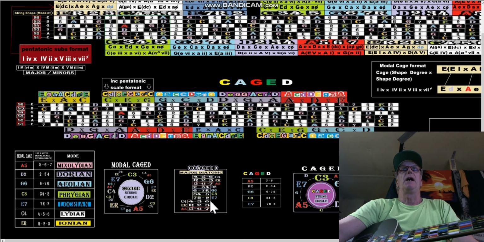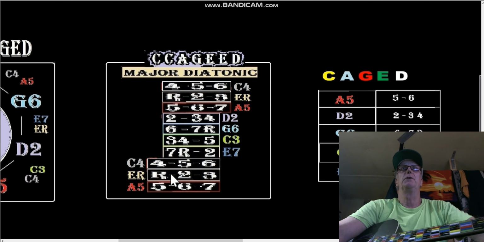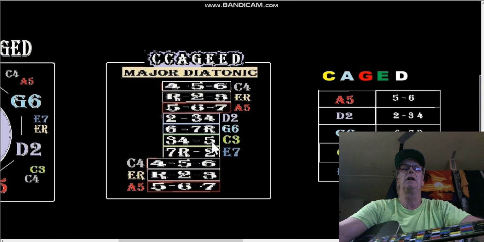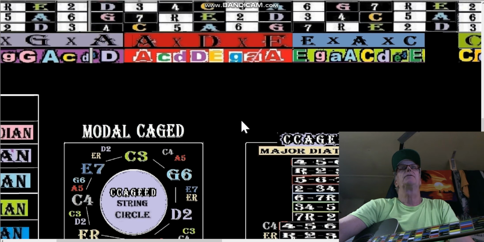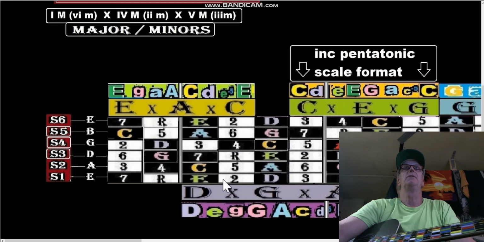So what is the pattern there? The pattern is right here. So if we go root 2, 3, 4, 5, 6, we're going to go 7, root 2, 3, 4, 5, 6, 7 root. And when we hit the B string, we have to move everything up 1 fret. With the cutouts, okay, so here's your regular E box here. 7, root 2, 3, 4, 5, 6, 7, root 2, 3, 4. Okay, it's E cross A cross C like we just played, with the C-shaped B, 2, 5, 7, 2, 5, 7, key of E,